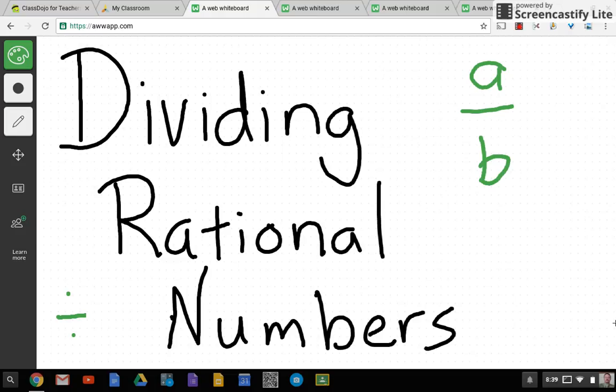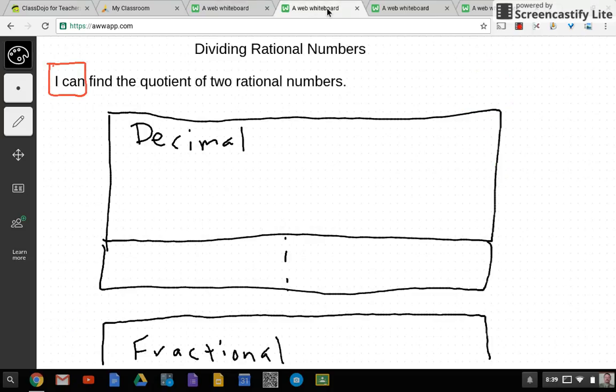All right, let's divide some rational numbers. So, our first slide, this would be your interactive notebook. This is going to be page 30. So yes, we're already on page 30. You can see I have it set up with a title at the top, my I can statement, and this